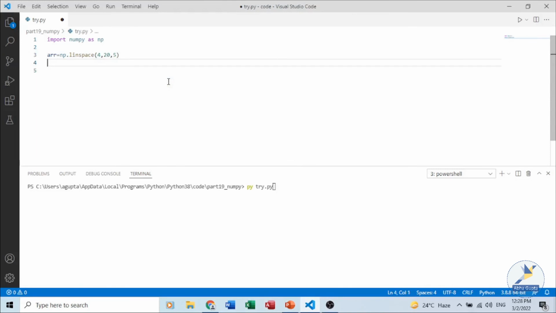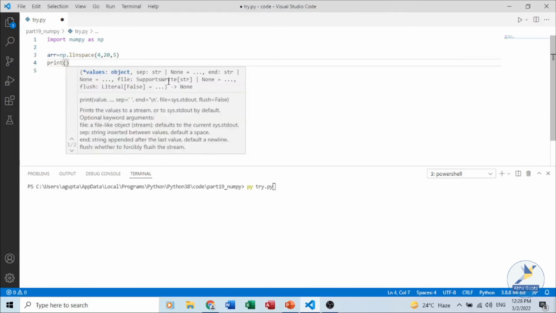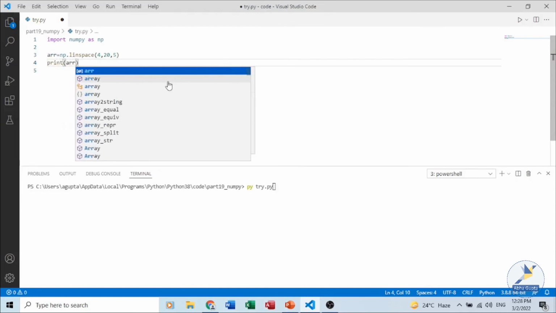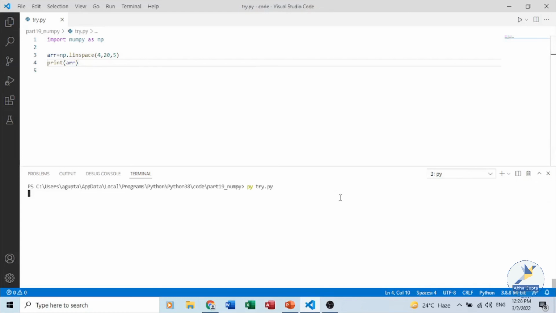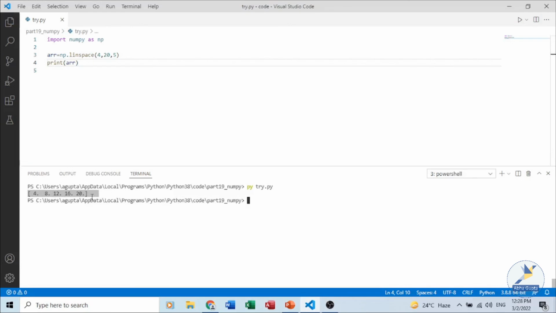We want 5, and I say print arr. So evenly spaced values will be printed for us. See, 4, 8, 12, 16, and 20 are given as the values from this particular range.